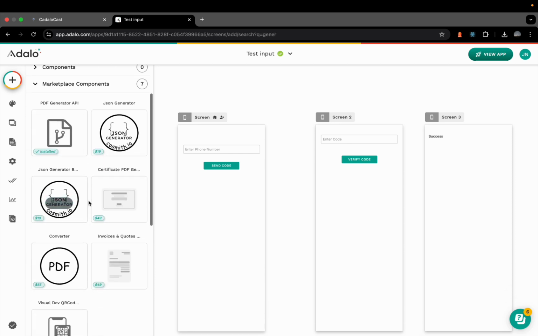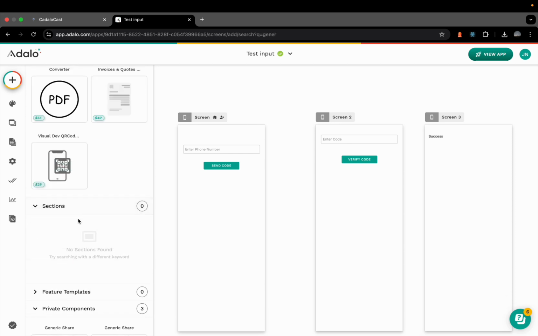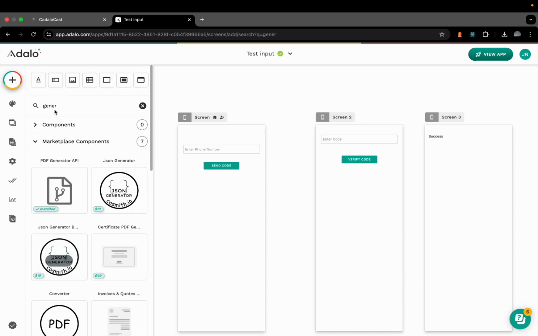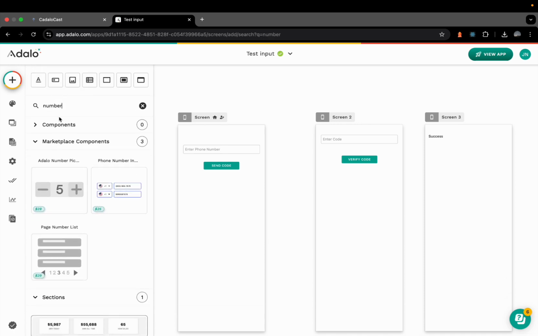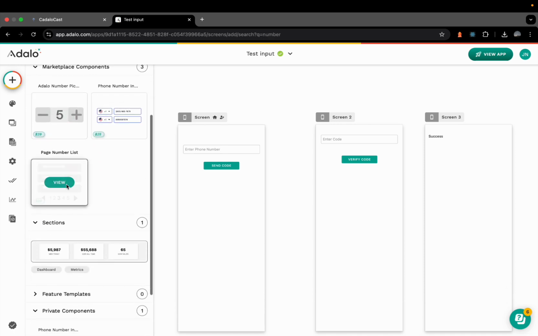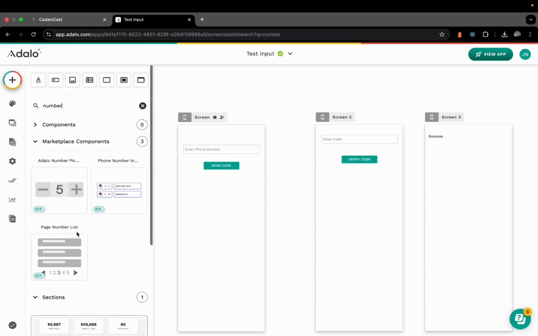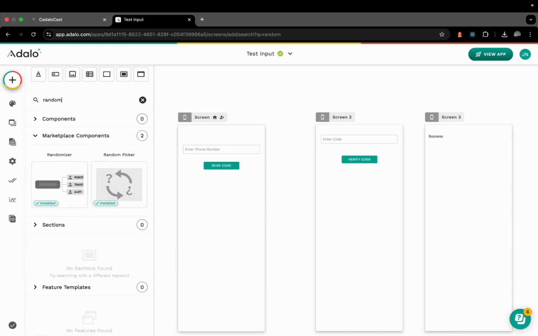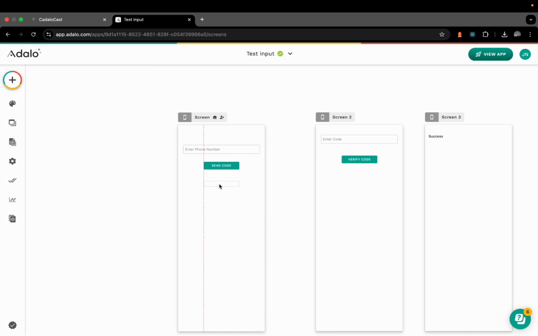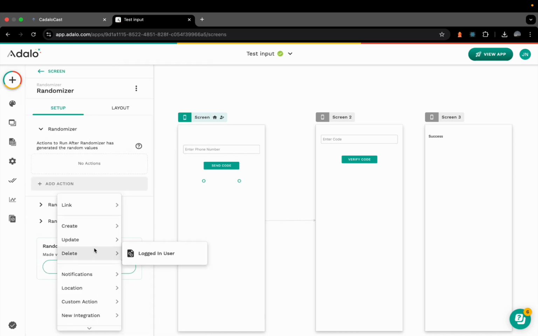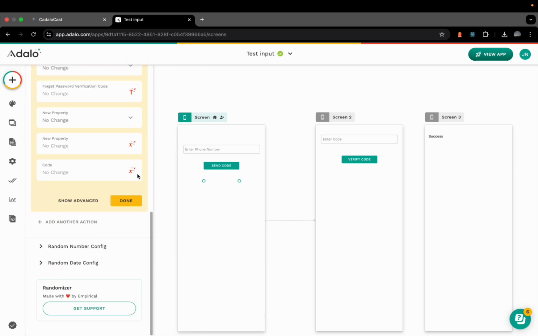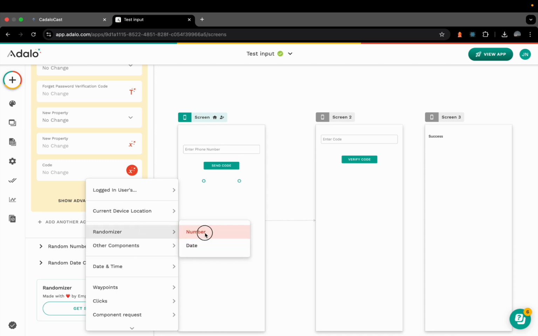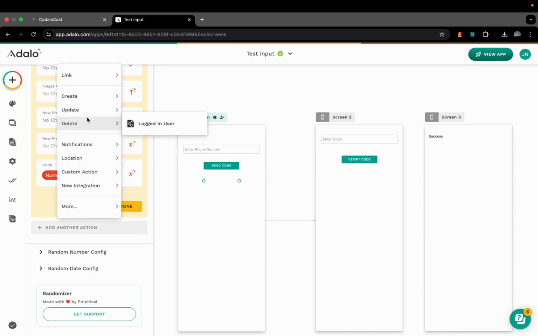What was it called? It's the one that generates a random number. It's randomizer, sorry. Okay, we're gonna need to update the user with the code number over here, and we're gonna